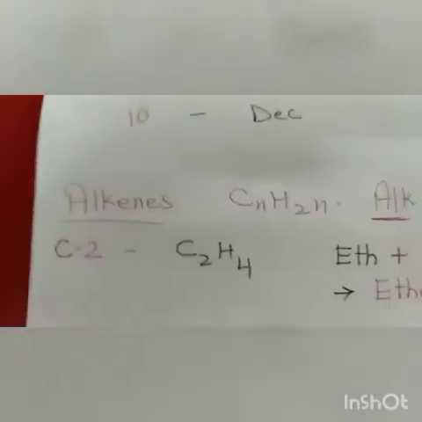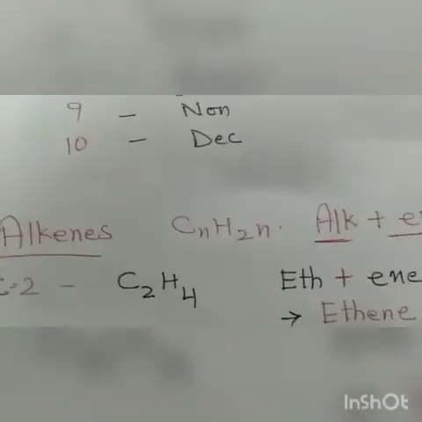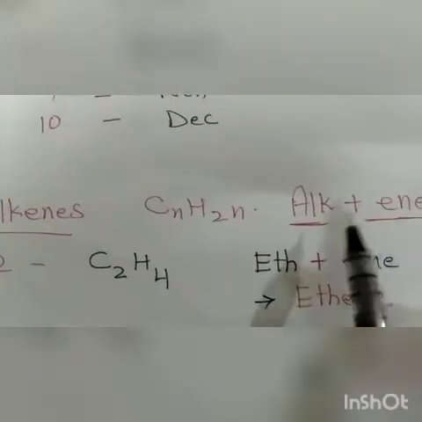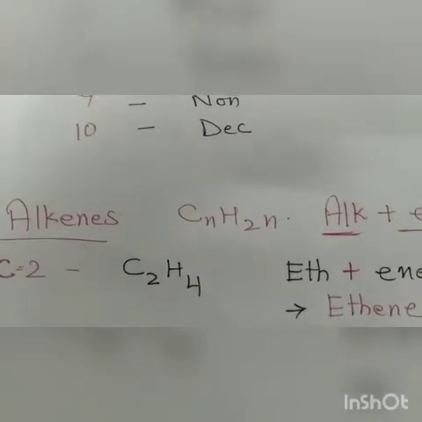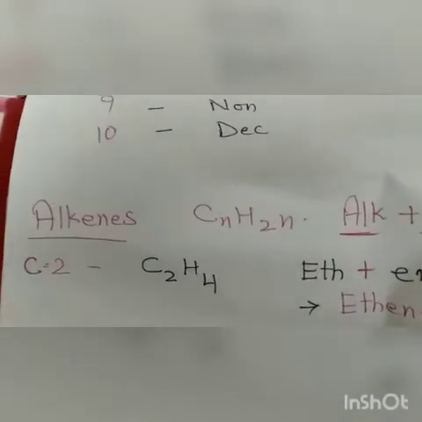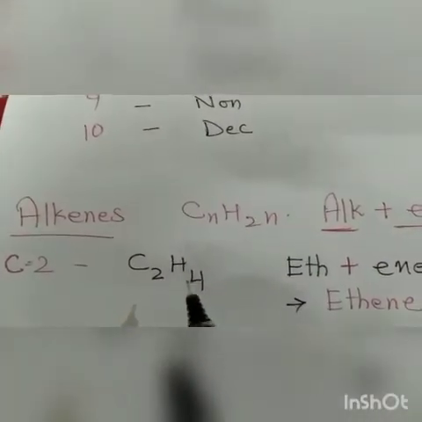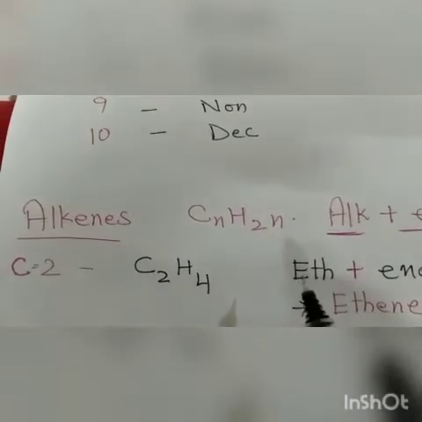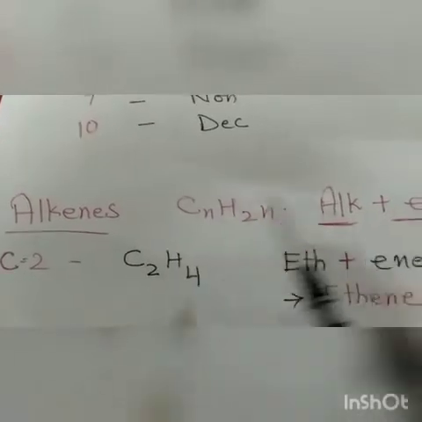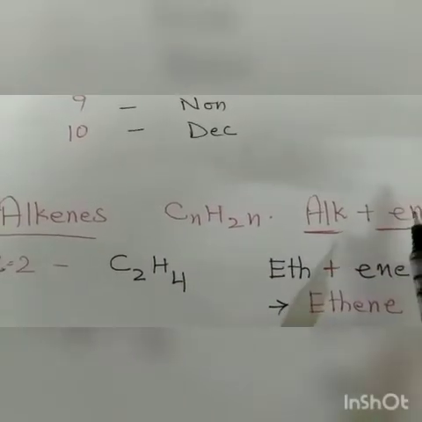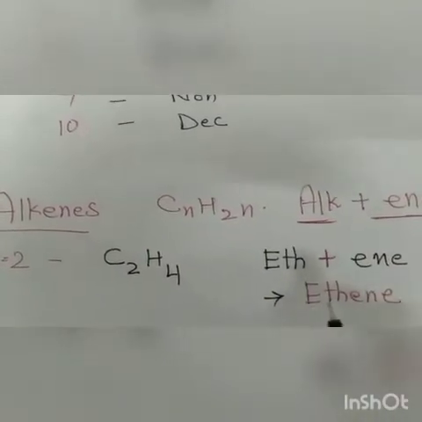Please see here, this is an alkene. The general formula of alkene is CnH2n, and alkene we can also write like this, alk plus ene. So alk is the number of carbon atoms and ene is the type of bond present here. Now if the carbon atom is 2 and you substitute the value in this general formula, you will get the formula C2H4. Here alk, or the carbon atoms, are 2. So when the carbon atoms are 2, we use the prefix eth, plus since it is ene, the carbon atoms are linked by a double bond, we write the suffix ene and the name will be ethene.